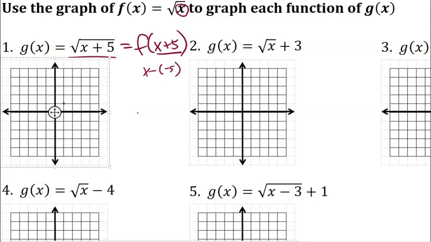I would start at the origin, and then it would pass through 1, 1. It also passes through 4, 2. So this is the graph of the original, and I'm just showing where we started. Then we are going to shift to the left by 5. So this vertex, 1, 2, 3, 4, 5, comes over here to negative 5, 0. And then I have a point there. I go up 1, 1, 2, 3. So it looks